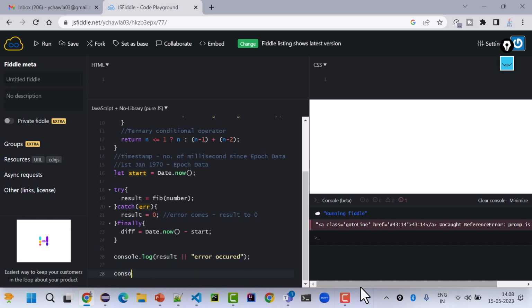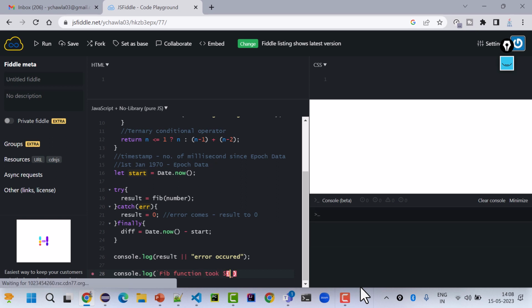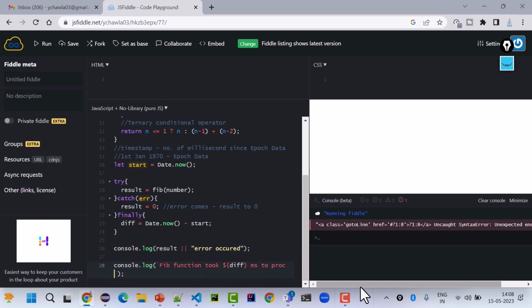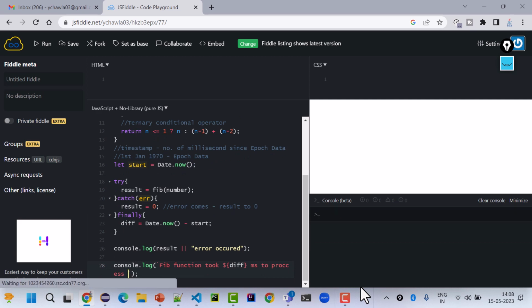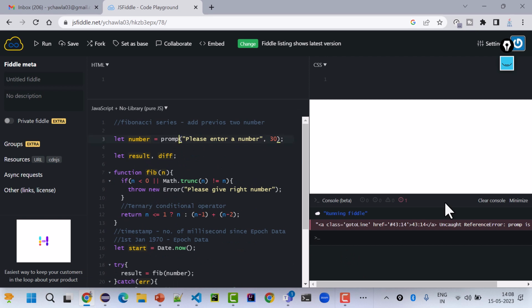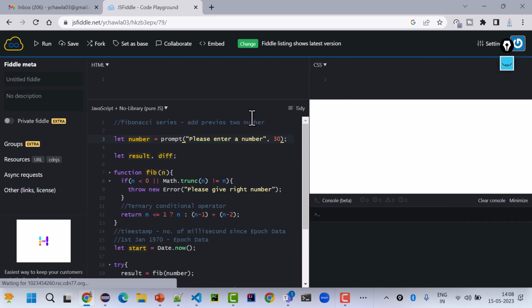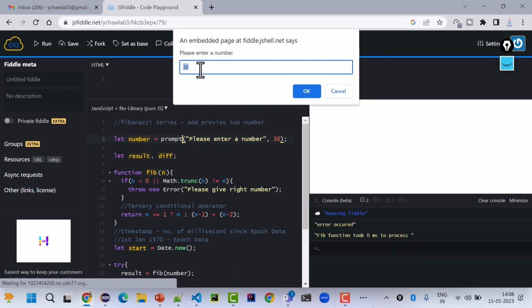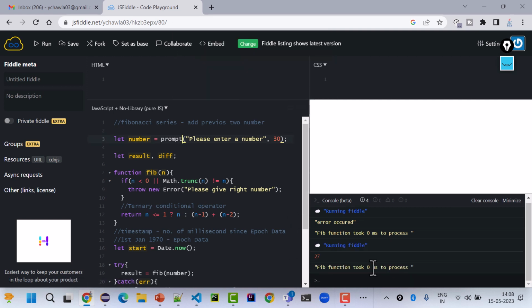And the last thing, using string templating, I will say the above loop or fib function took ${diff}, this much amount of milliseconds to process the code, right? So now this is a prompt. When I save this, it should give me a prompt with the default value 30. Please enter a number. Let's say I give 15. I say okay, and it tells me